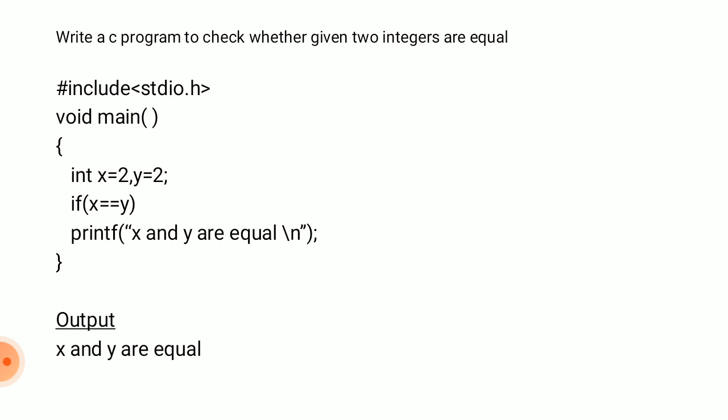So this is about the relational operator. Relational operators are basically used to compare two constant values or variables. Okay, so that is a comparison: less than or equal to, greater than, equal to, not equal to, like that. Okay, if you are comparing something, then we use relational operators.